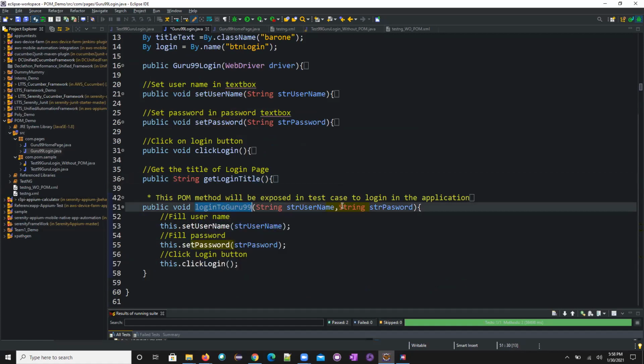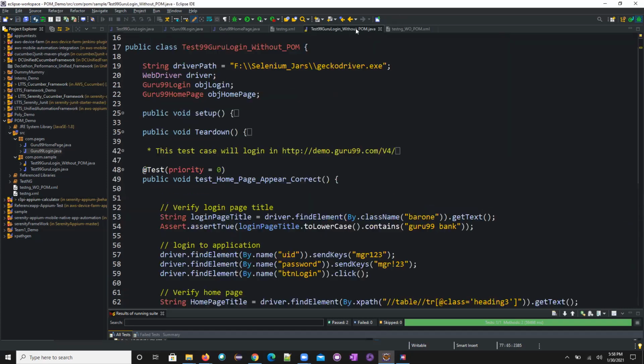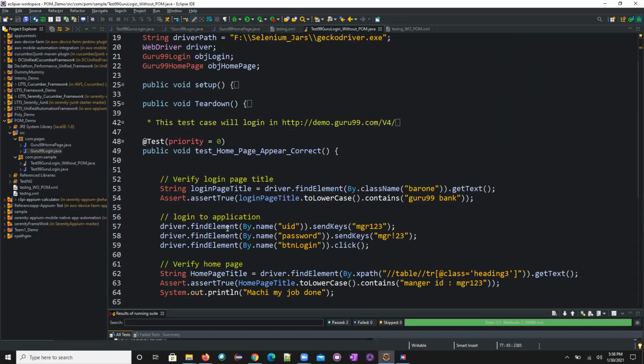As soon as I call it here, I'm passing the username and password into these methods. In set username, it's just driver dot find element. In the version without POM, we saw driver dot find element by name, send keys, and password, send keys, and the name, click. With this, I'm just trying to log in.